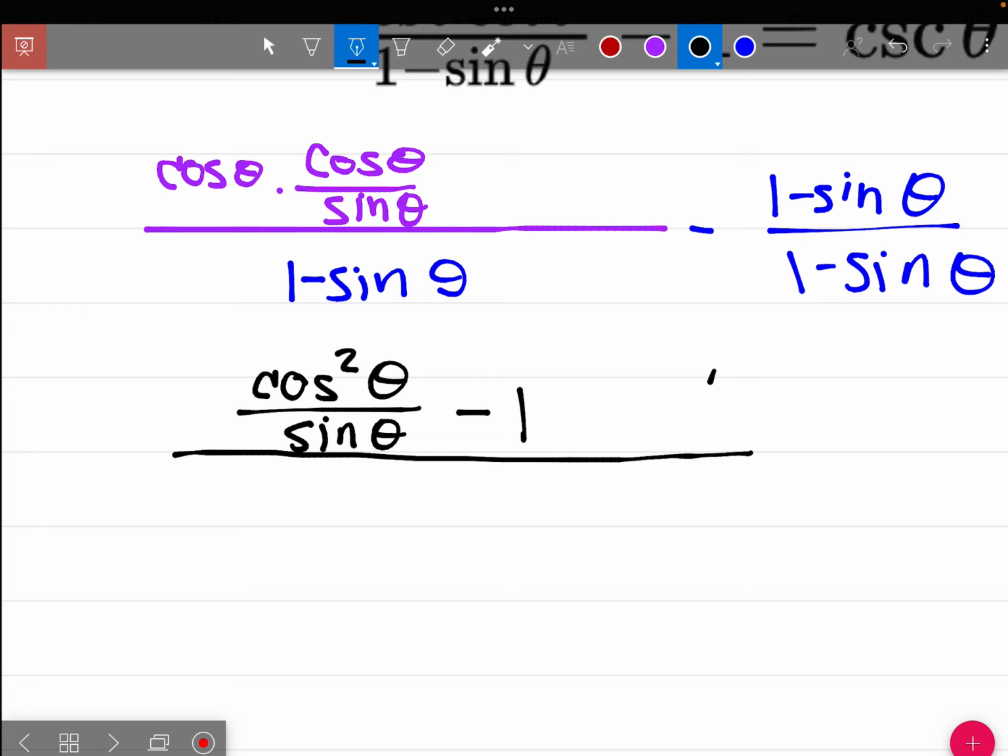There we go. And then we're subtracting this sine theta as well. So then we have plus